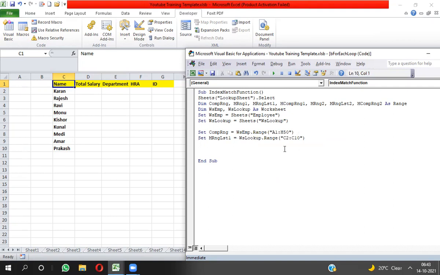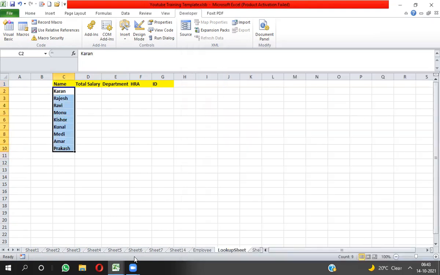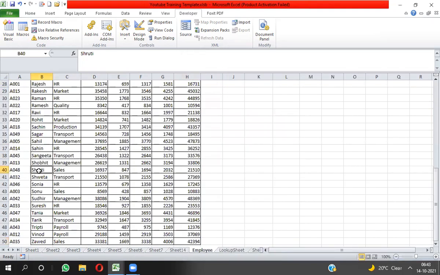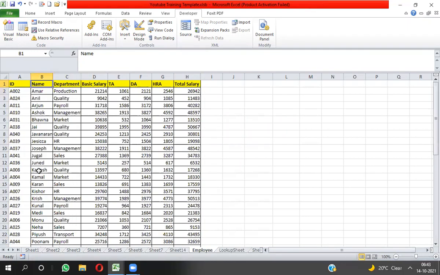Now I will set here mCompRng. Where will I get this position? I will get this position in B column. This complete range, including header, you have to set B1 to B50.